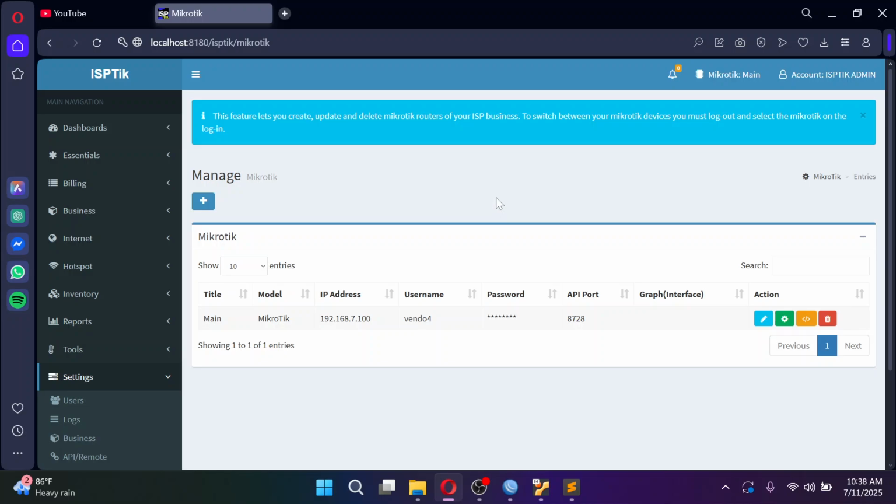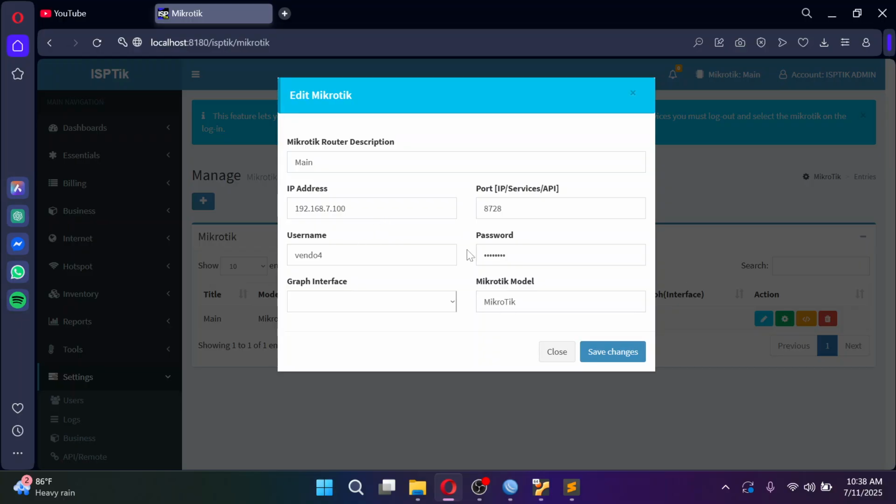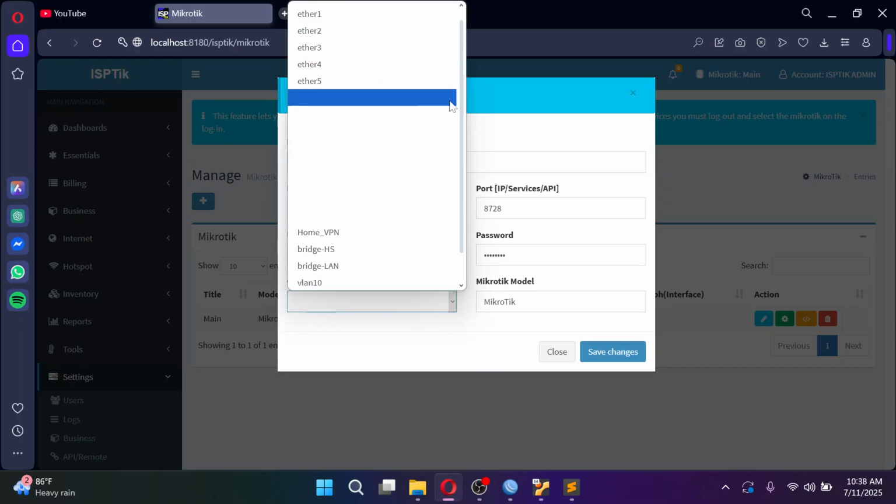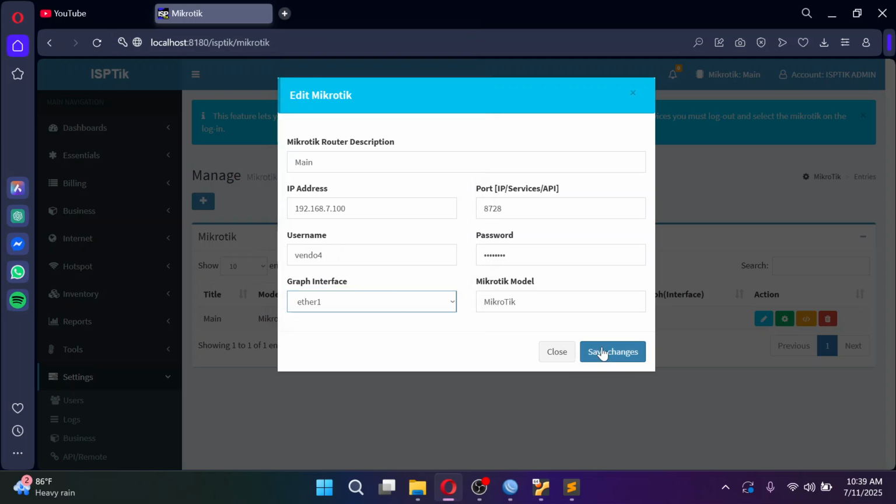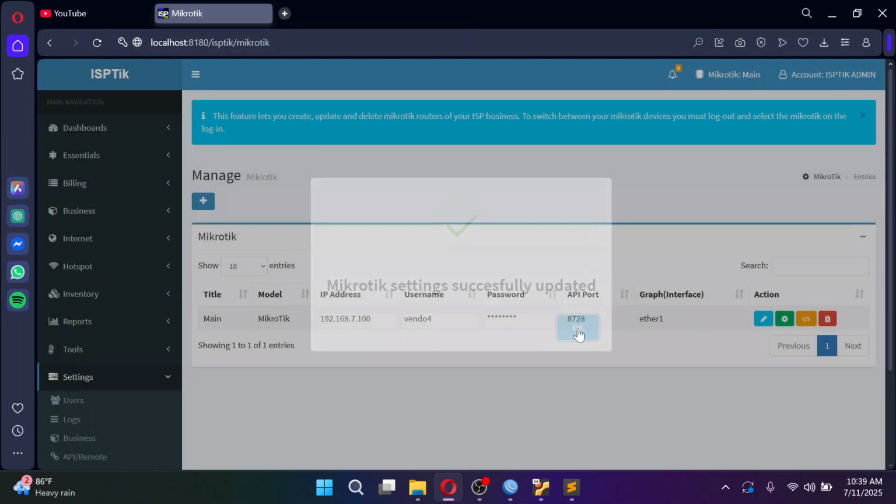We do now know our MikroTik address, and then we have also our username. Then we will need to edit. So this one is good, the port is good, and then we will need to edit our main source for our internet.